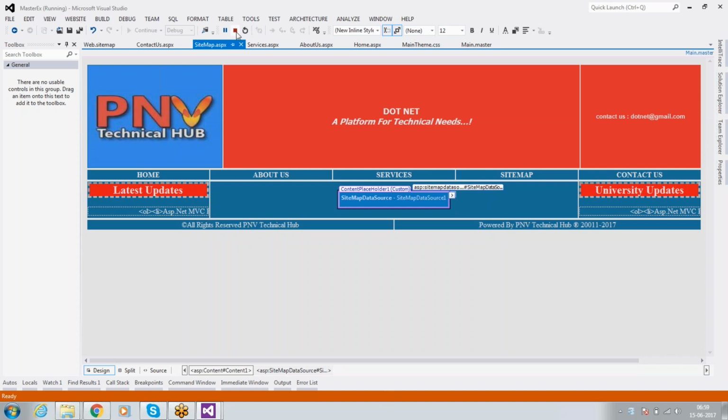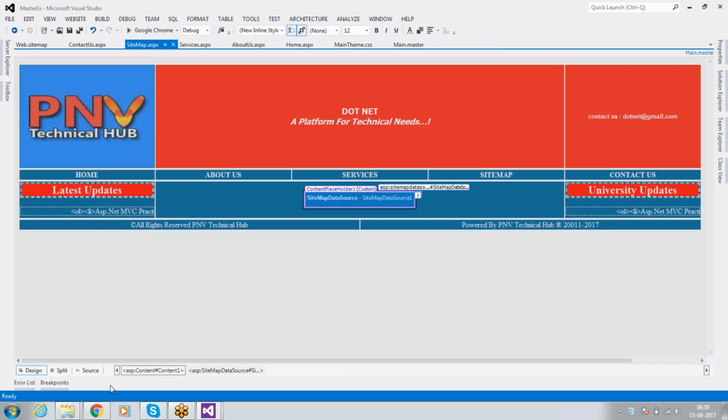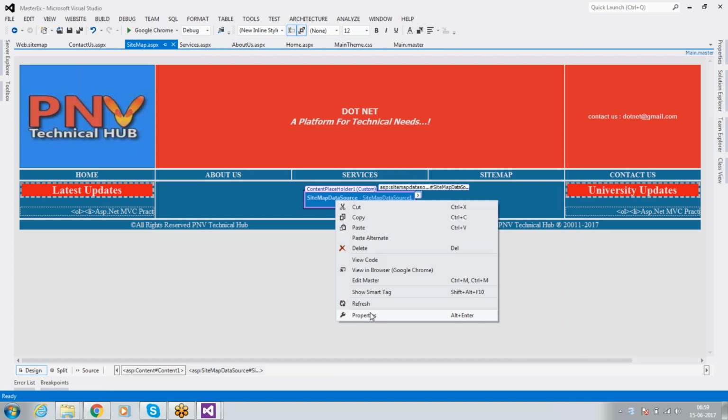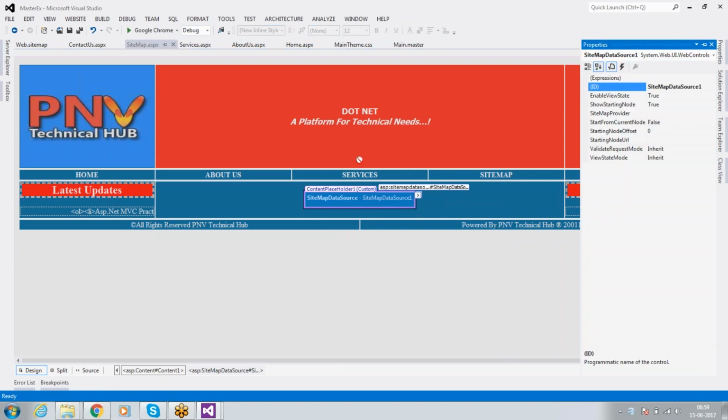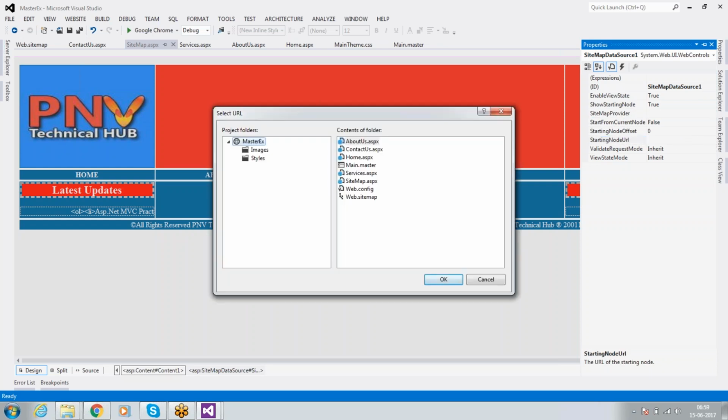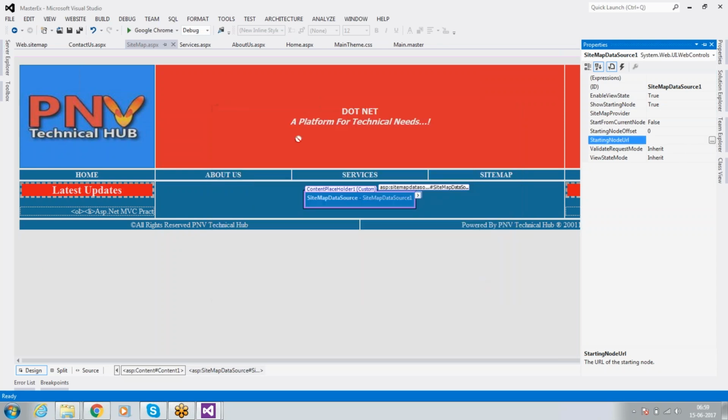That is the sitemap provider. This is one property. In this property, we can provide what is the provider for our sitemap. Generally, the starting node URL. If you want to give our node URL, we can provide what is required for us.